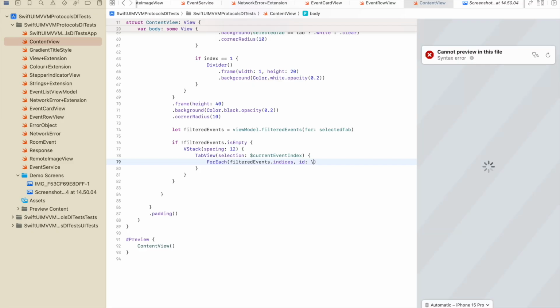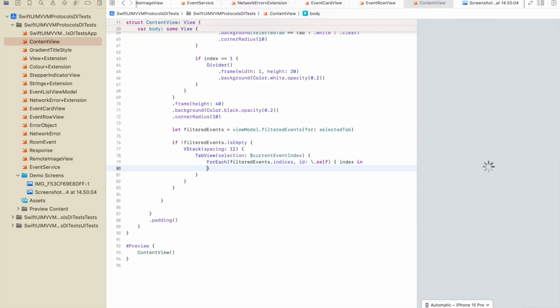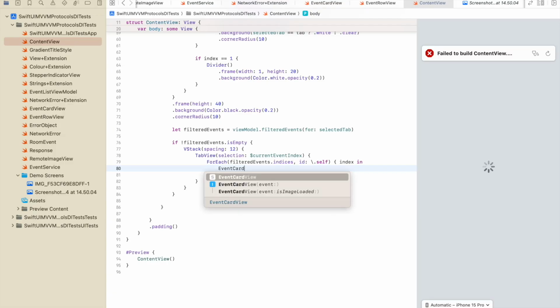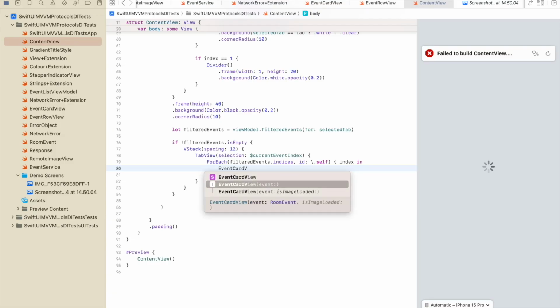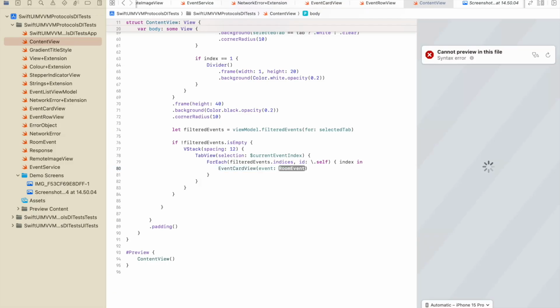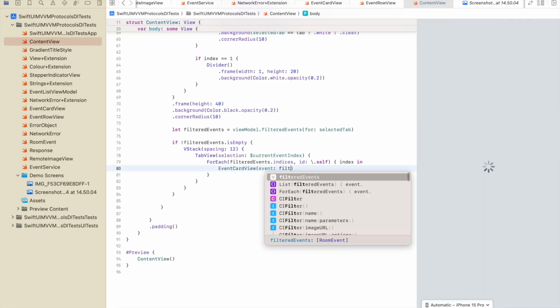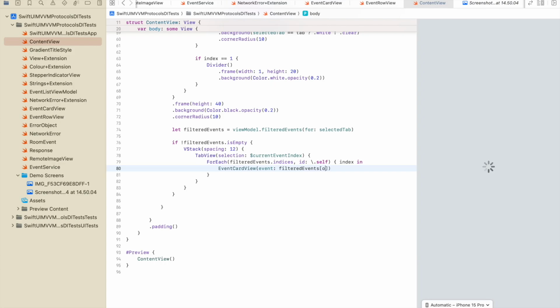We give each of the filtered events records a unique ID, self indexing, and then we display the event card, filtered events. By using our filtered events array, we pass the record to the events card, and then we add